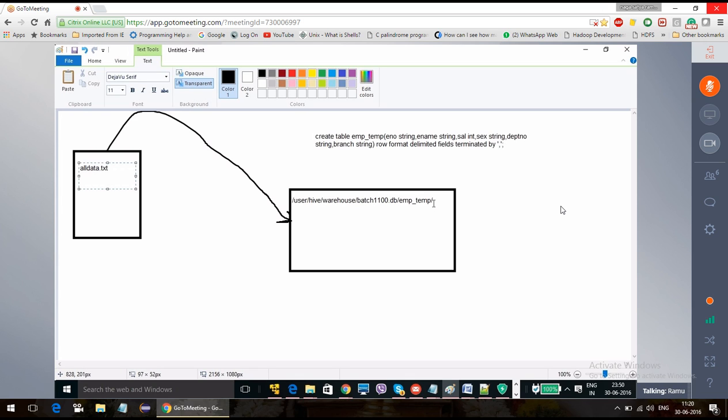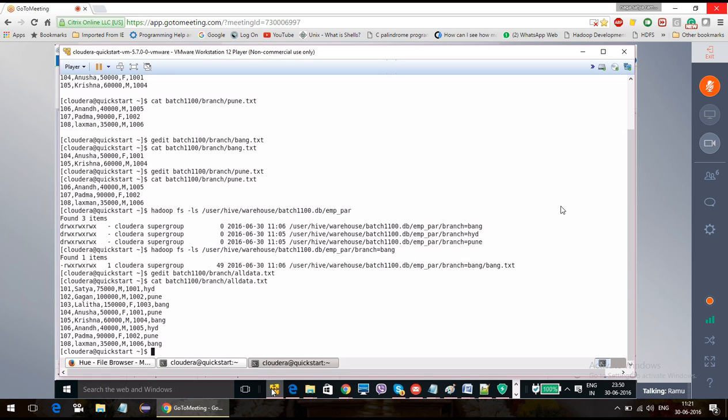Okay, so now what I'm going to do is load the data into this directory, because anyway I am going to create a table on this with the same name. So now you see it here. I am going to send this data here. First of all,